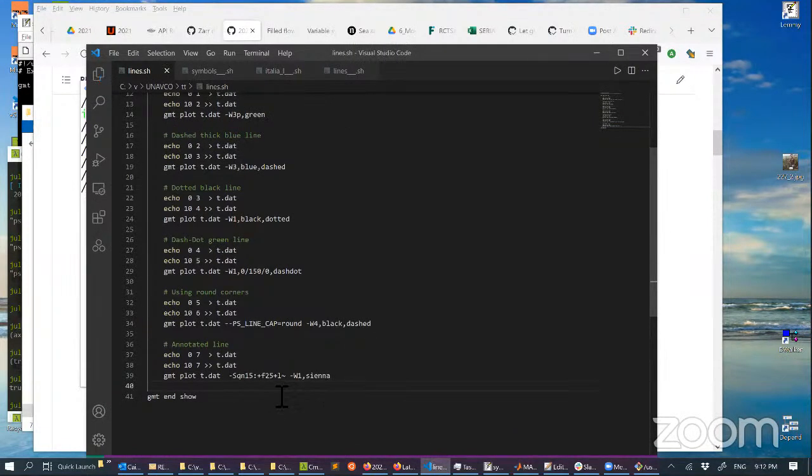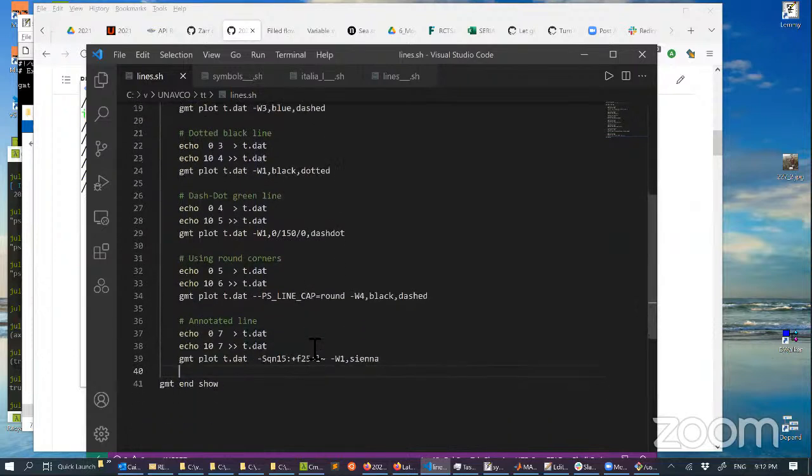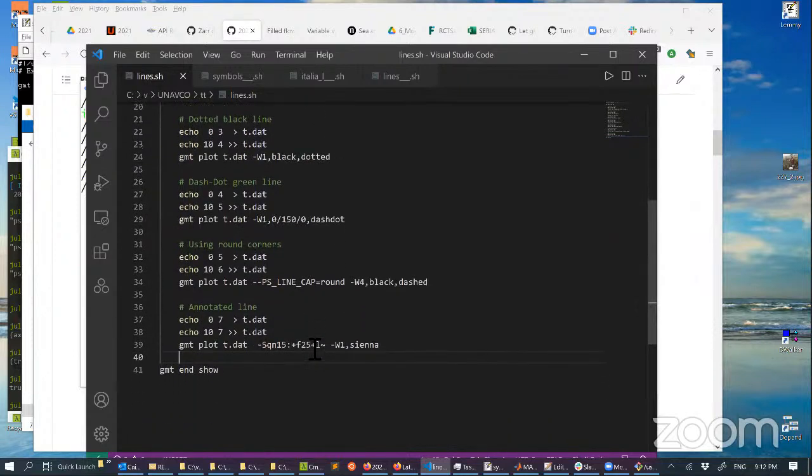I can increase a little bit the font because that ones are easy to type. So what will this do? It will plot a line with 15 tile symbols along the line. It's annotated with a single letter. You can annotate it with a sentence. You can annotate it with what you